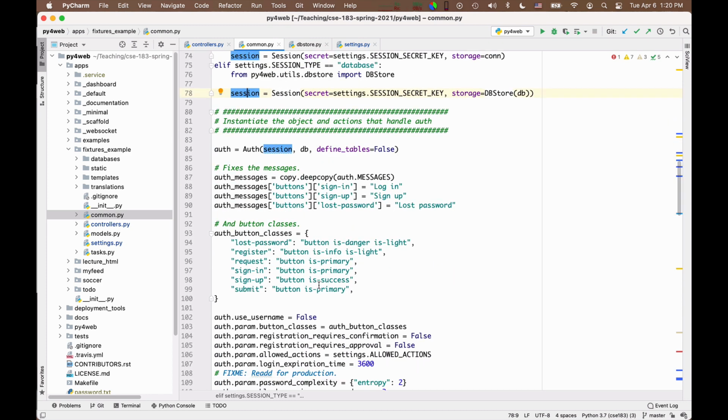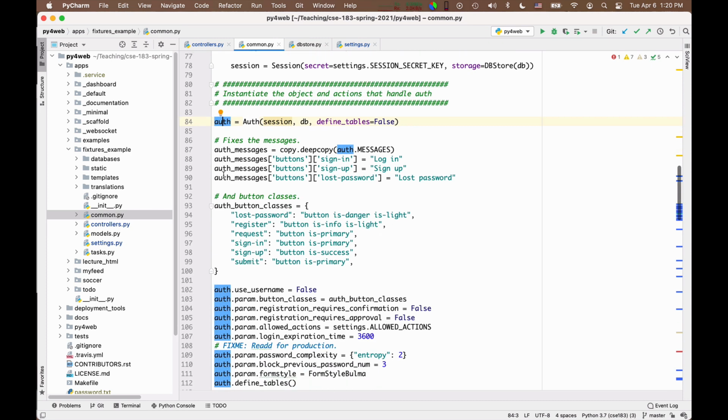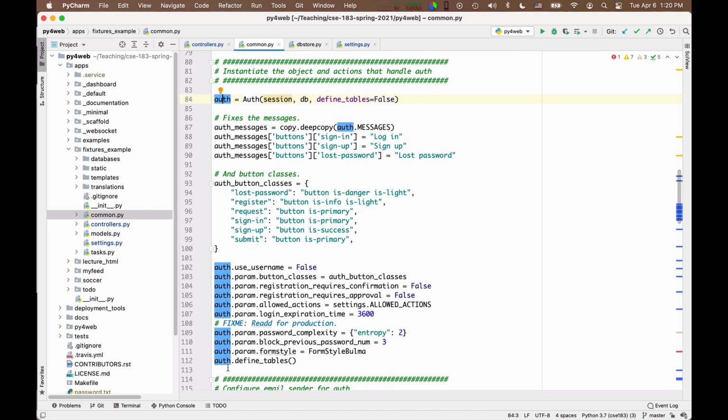I will fix it. The third object we create is an authentication object that will manage the login, logout, registration, and etc. for users. This is one of the great things about Py4Web, that we have this object. It will make it much easier to build our own sites. So in practice you have this boilerplate code that is almost always the same. And so the code from here to the end of the screen basically defines the auth object in the right way.